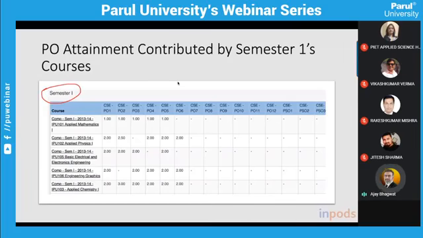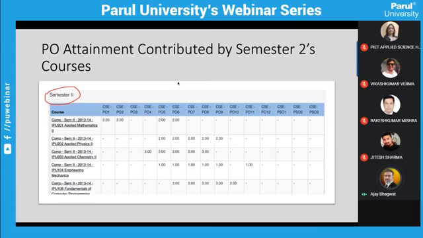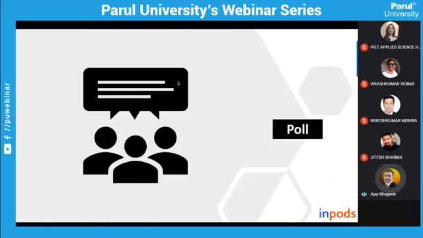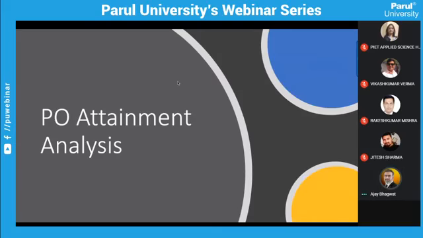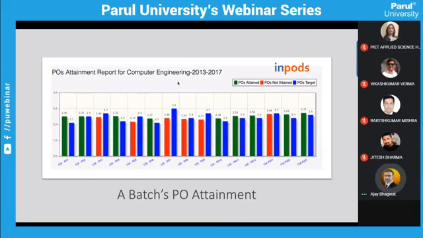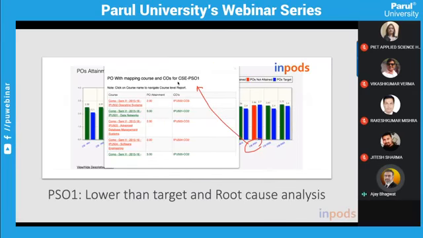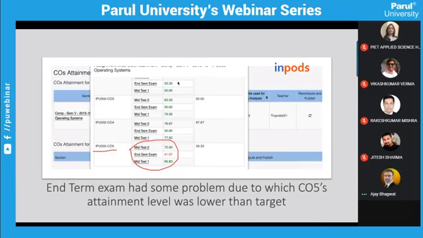The data moves upwards, in each semester, as the students progress from one semester to the next. Data keeps coming to the POs in this manner, and once you have reached data at the top, at the PO level, you can easily analyze why certain POs are lower than the target. You can find out the courses which are associated with those, the assignments which are pulling down the attainment levels,